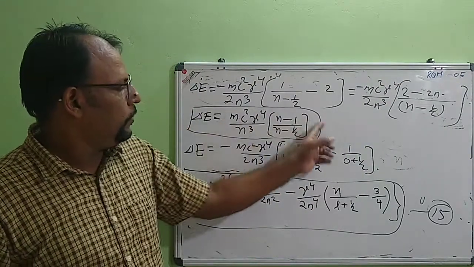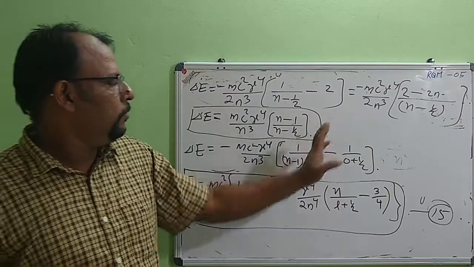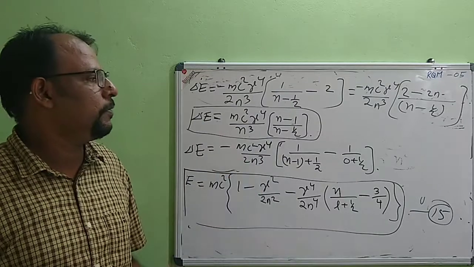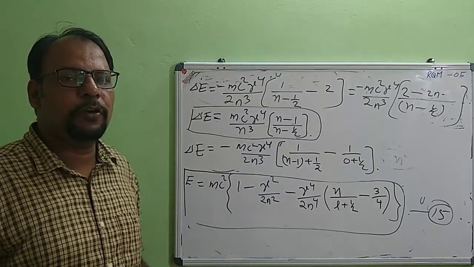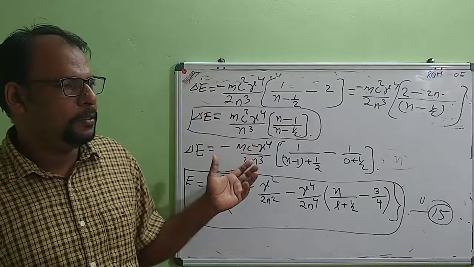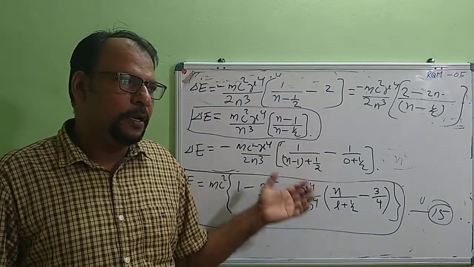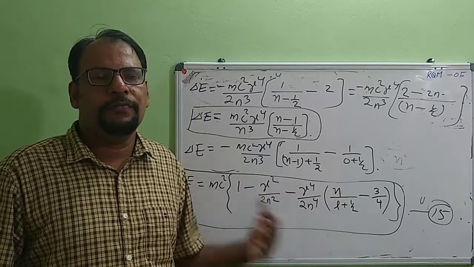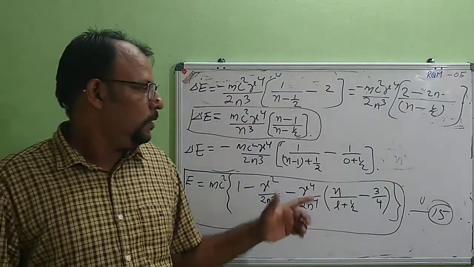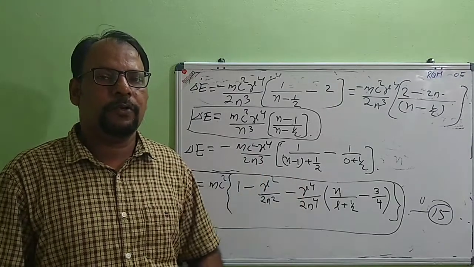But when we calculate this value, it is much different from the actual value obtained for the hydrogen atom. So we cannot use this relativistic wave equation. For that, we use the Dirac wave equation. From the Dirac wave equation, we can get a much more accurate value compared to